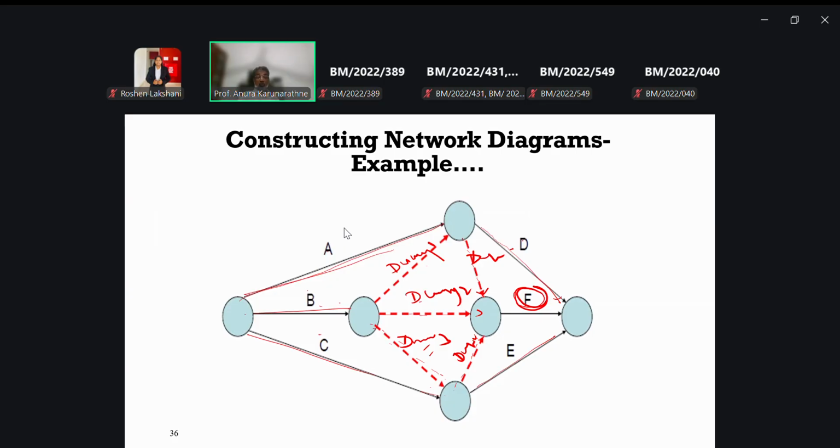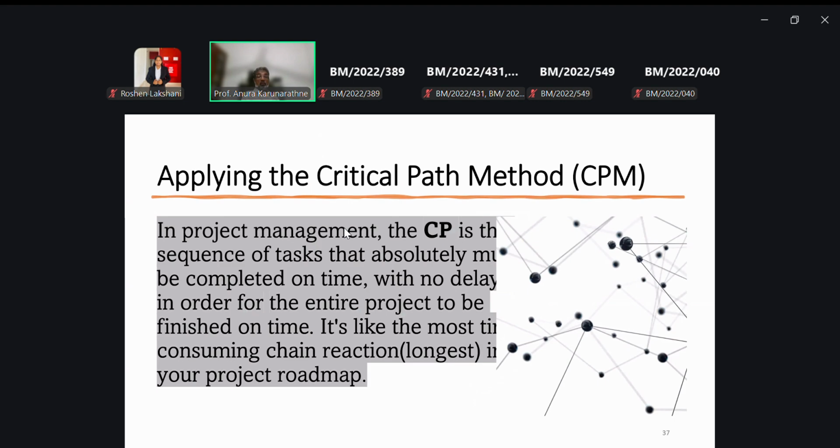If I move to critical path method, right, then you can see in project management, the critical path is the sequence of tasks that absolutely must be completed on time, right? That means if you ignore this kind of